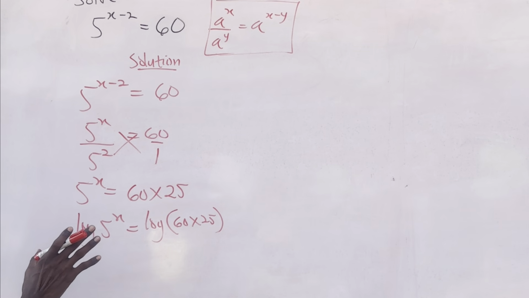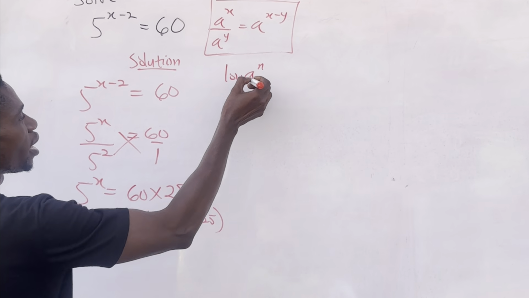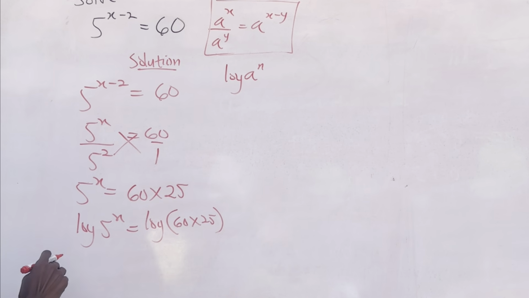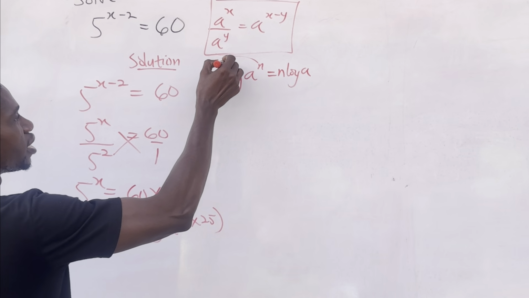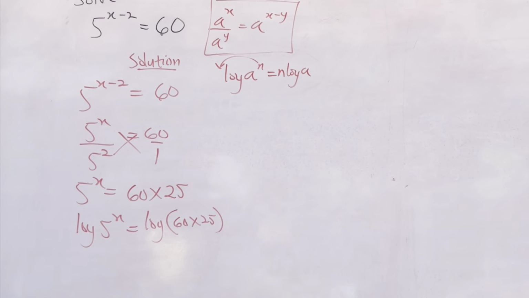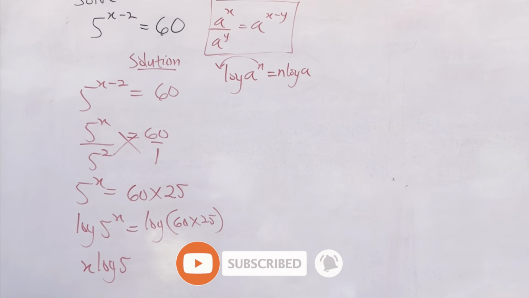Okay, remember this law of logarithm that says if you have log a raised to power n, it can be written as n log a, that this n can be moved this way. So that's a law of logarithm. So let's apply it here. So this will give us x log 5 equals log